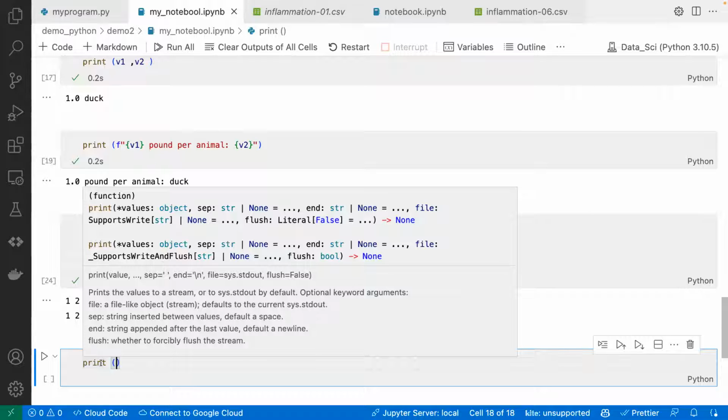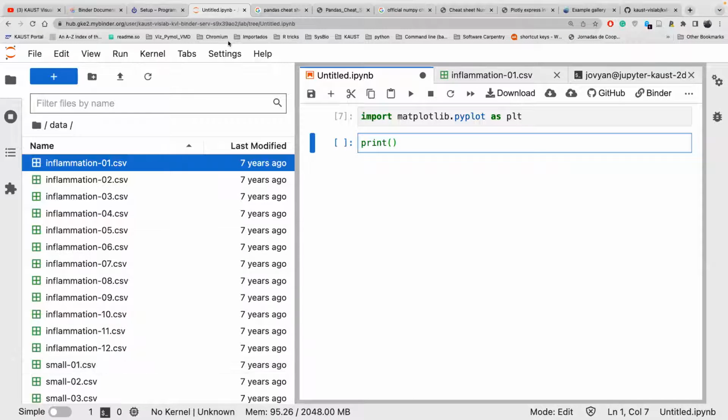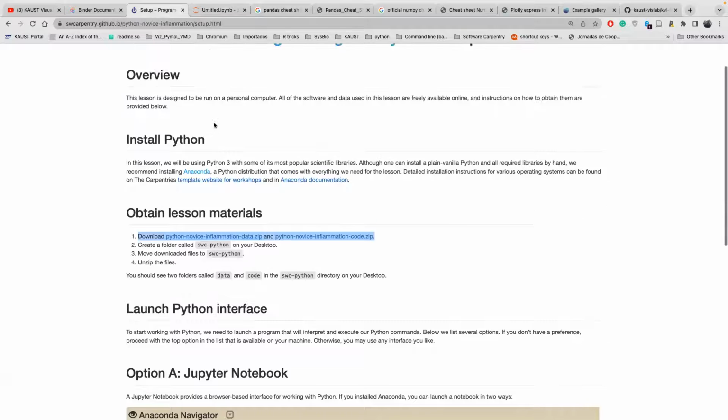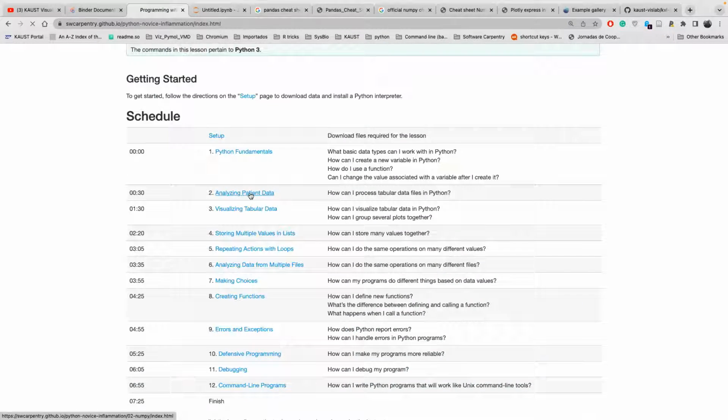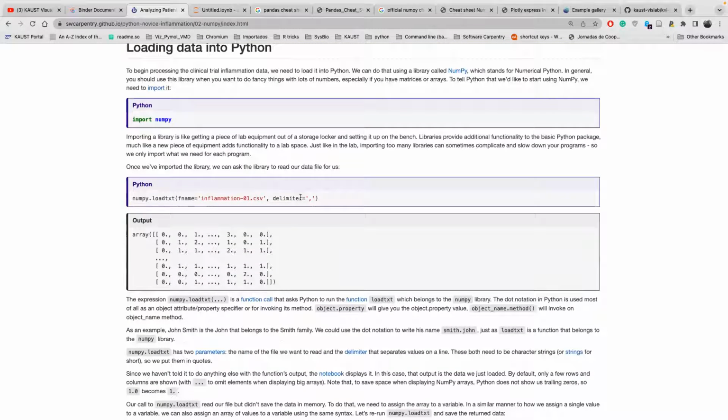Okay. Now, brace yourself because we're going to do a quantum jump. It's going to be a really stressful jump between this part and the data analysis we're going to try to do. If we go back to this part here, the lesson will start to tell you how to use NumPy to start analyzing the data you just downloaded. So from printing, you're basically going to import the libraries that you need to start doing data analysis, which is, in my opinion, a very long jump, but this is how they designed the lecture. Anyway,